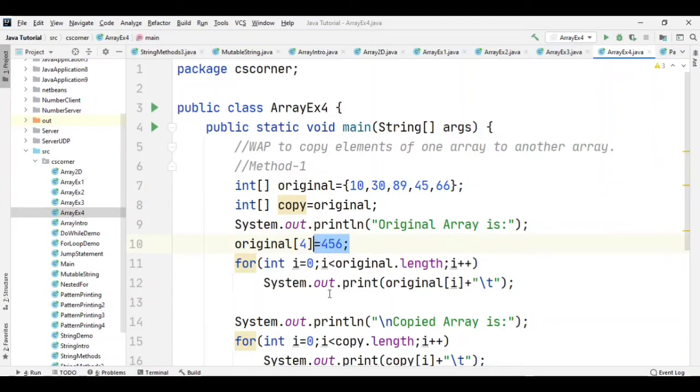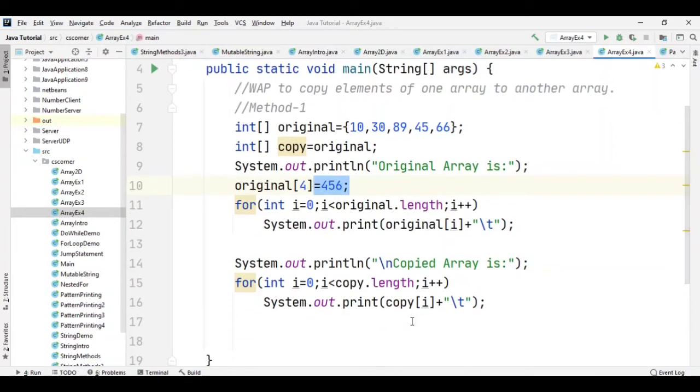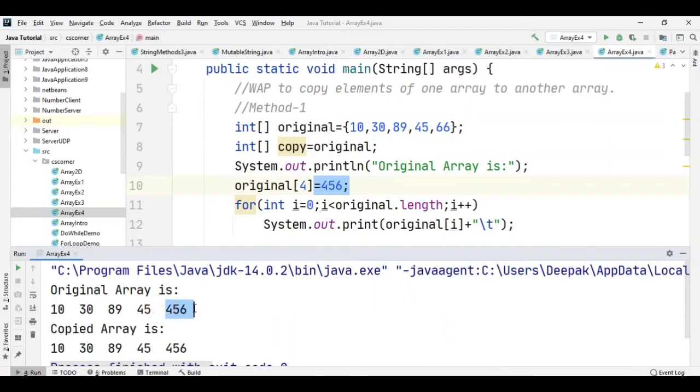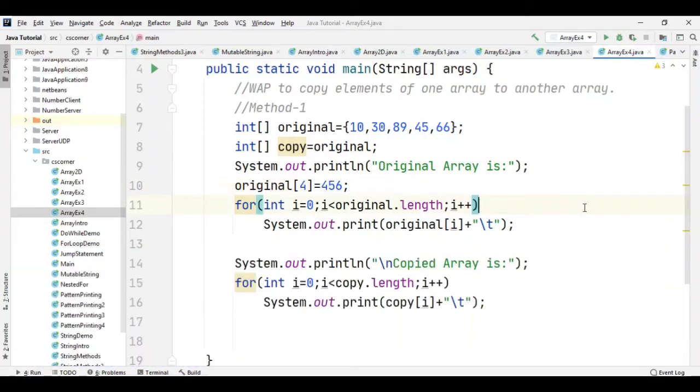Now let's run and see whether the value is changed only in the original array or also in the copied array. You can see over here my original array has changed as well as my copied array. This method is not giving you a proper copy, because copy means you will have two separate sets of elements.